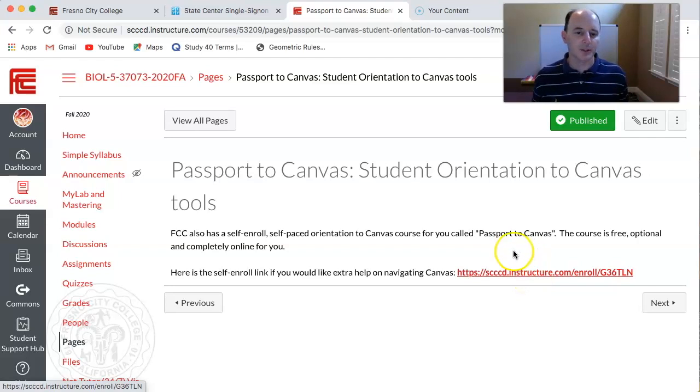What that will do is enroll you into a course on how to use Canvas. So if you're not very familiar with how Canvas works, you can go ahead and enroll in this course and go through the Canvas preparation activities. If we click next,